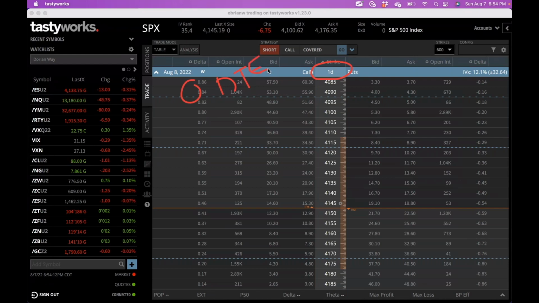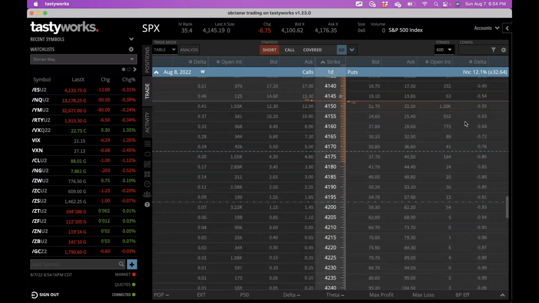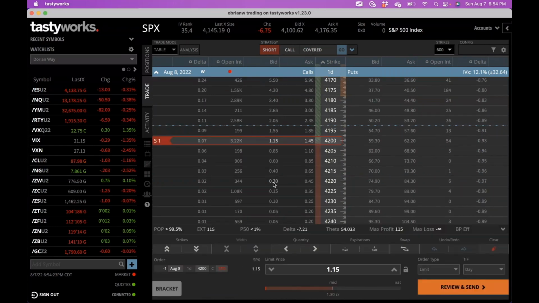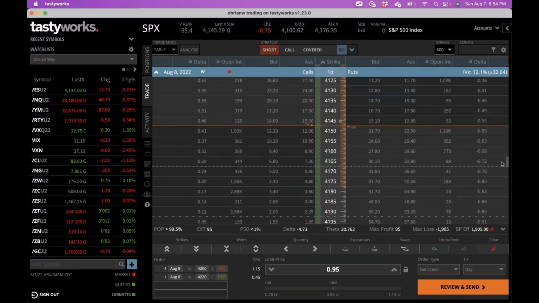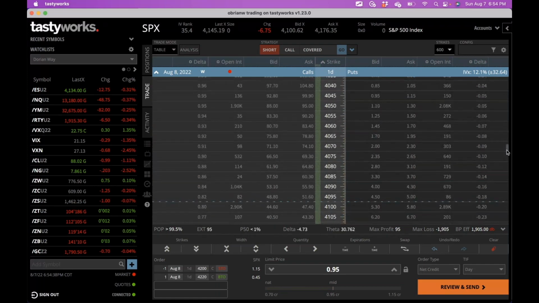There are a number of ways you can set up this trade. You can do something that is based on deltas. Let's say you wanted to do something no higher than a 7 delta, and you can do a spread of 5, 10, 15, 100 points wide. It all depends on how you want to set it up. So for example, this one here was 20 points wide at this 7 delta, and on this put side, setting up an iron condor. That's usually how it's done. It's setting up an iron condor, doing a spread on both sides.